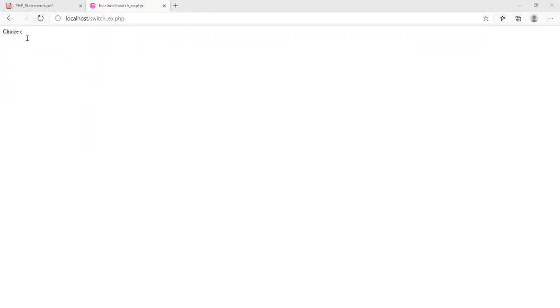We can use a nested switch statement also. In that we use switch, and in that again we use a switch statement. So here we define the car Hyundai and the model is Tucson. It will check for all. Whenever it matches, it will display. So Hyundai and the model is